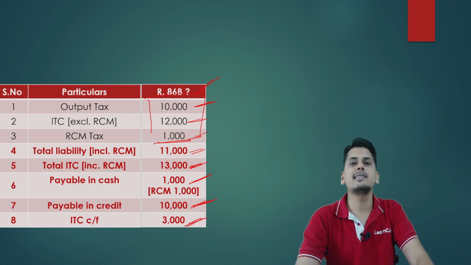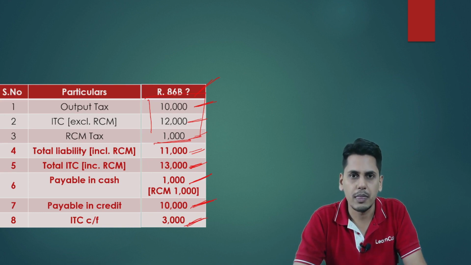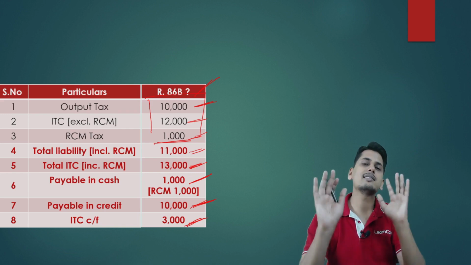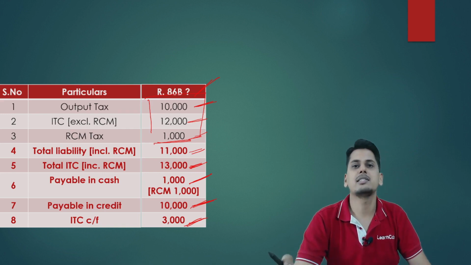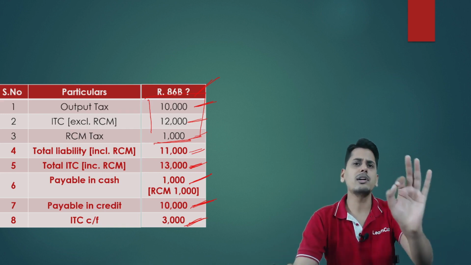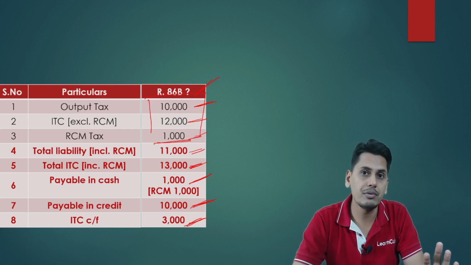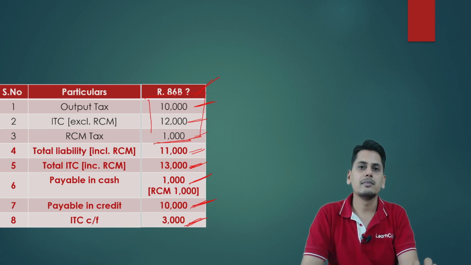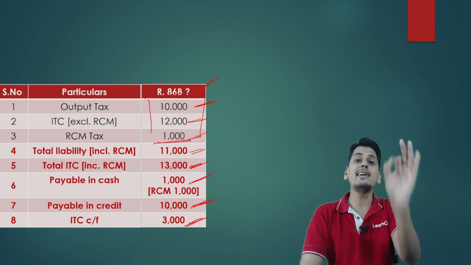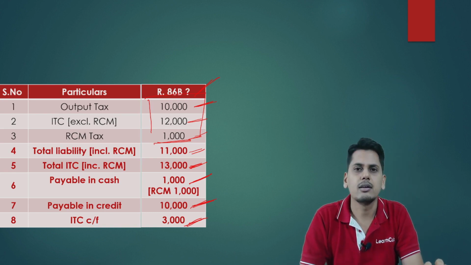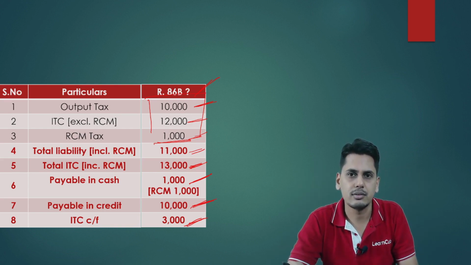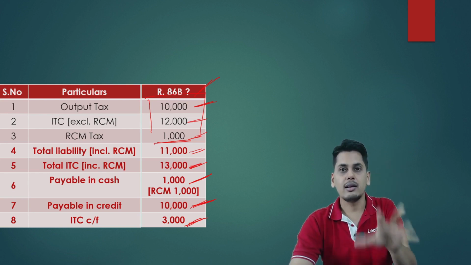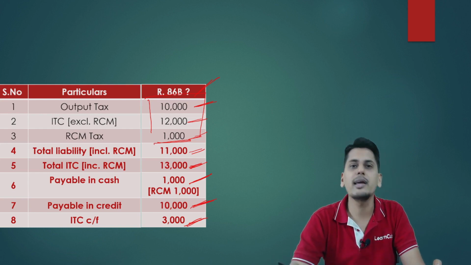Thereafter, I have an ITC carry forward of 3,000. Now friends, please tell me, is it complying with 86B? Friends, what does 86B tell you? 86B tells you that out of the total liability, not more than 99% can be paid through electronic credit ledger. Are we clear? Out of the total liability, not more than 99% can be paid through my credit ledger, which